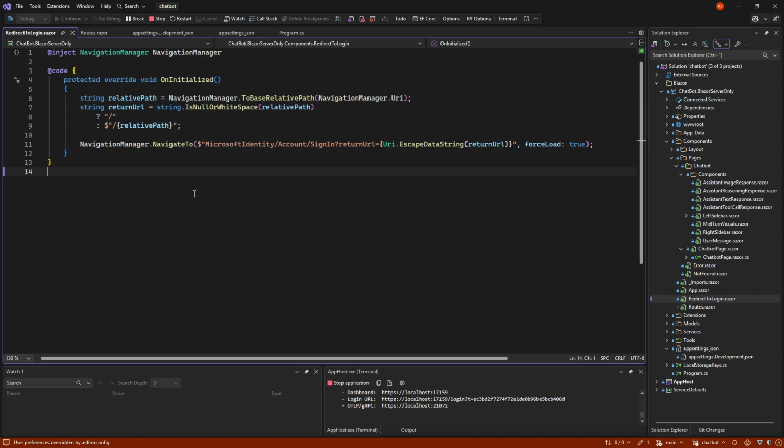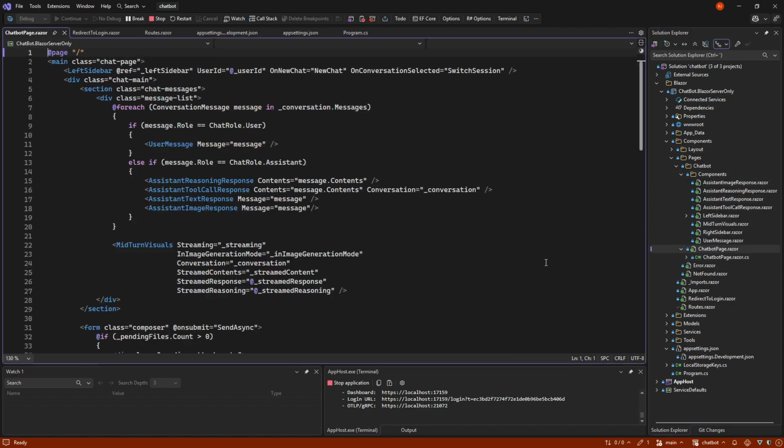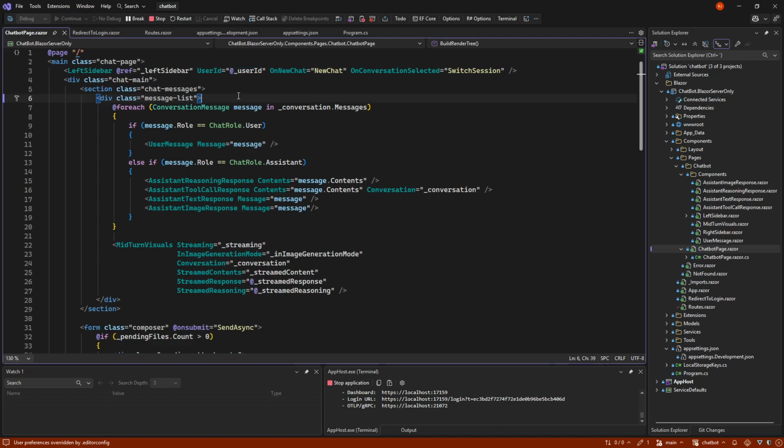This is what Codex wrote and what you would be able to find in various tutorials. Beyond that, we don't really touch the chatbot as much. The only thing we really do is, in the left sidebar, we send along the user ID.